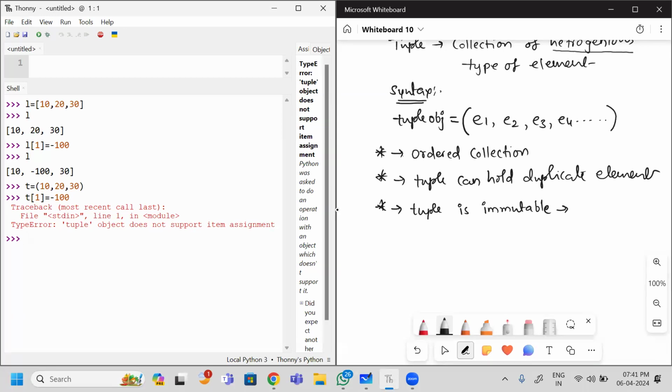Next one. Here, one more thing you should remember: while creating a tuple, if it contains more than one element, you need not give parentheses. Parentheses are optional while creating a tuple. But what is the reason? When a tuple needs to hold more than two elements, in such cases, you can ignore the parentheses also. So here, these parentheses are optional